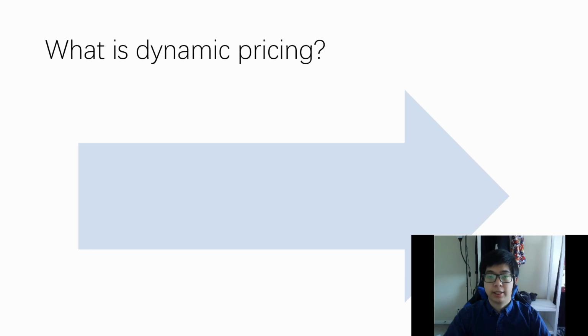Today I'm going to give you a speech about dynamic pricing. In daily life, we can easily notice that goods prices are flexible at different times. For example, during the tourist season, the price of air tickets and hotels will be much more expensive than usual. This kind of marketing strategy with constantly changing prices, we can call dynamic pricing.